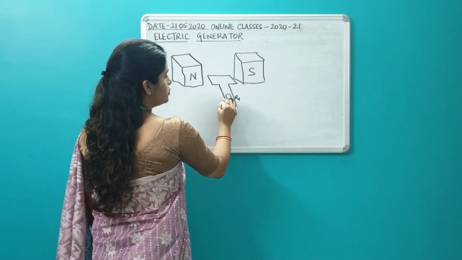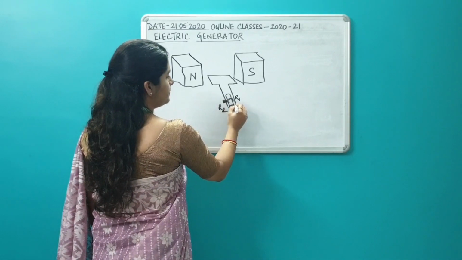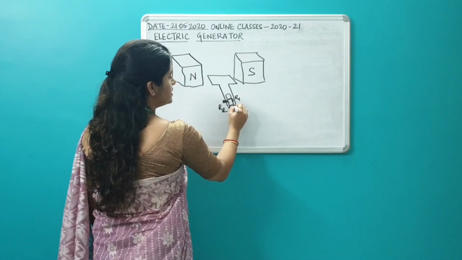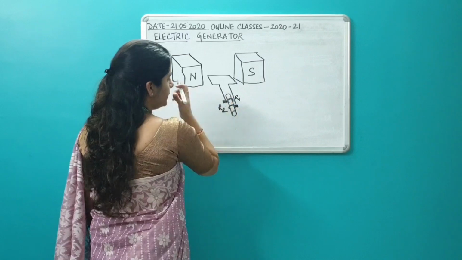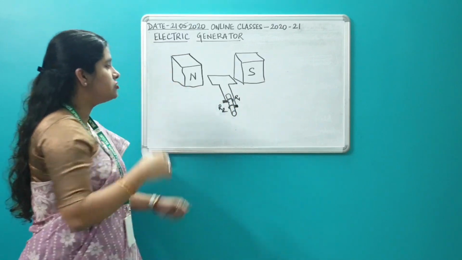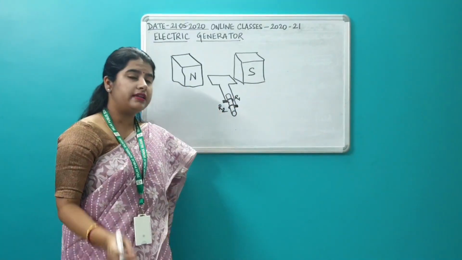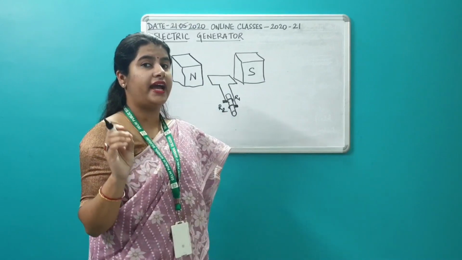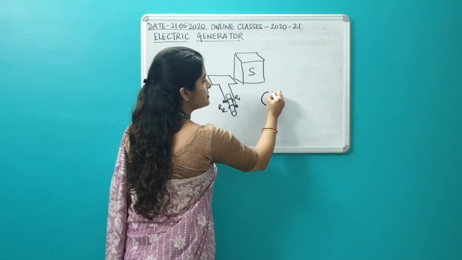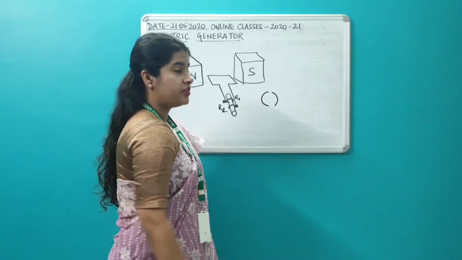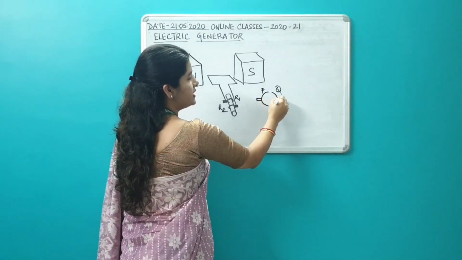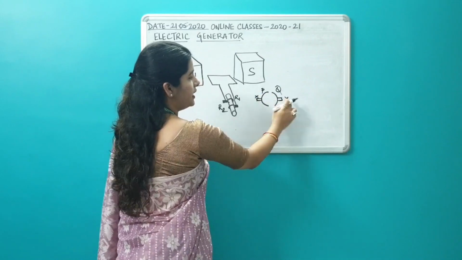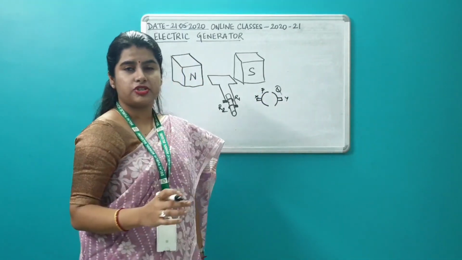There are two brushes. There are two separate rings. Here I think you are able to see that I have not drawn any split rings. Yesterday, in the concept of the electric motor, we had seen the rings were split rings. Remember, P, Q were the split rings, and the brushes X, Y were attached to the rings. These brushes are the conducting brushes, isn't it?